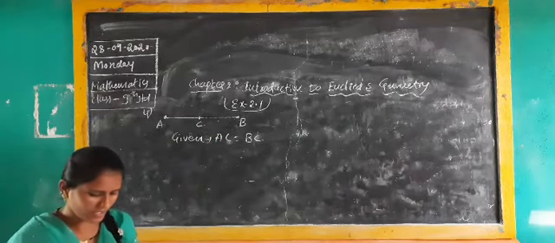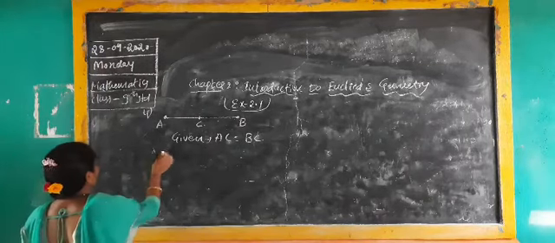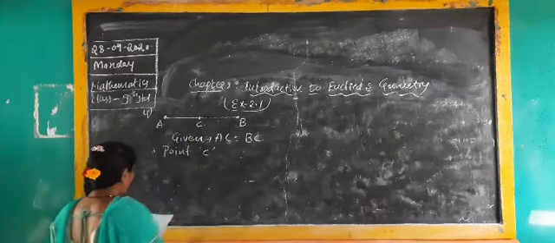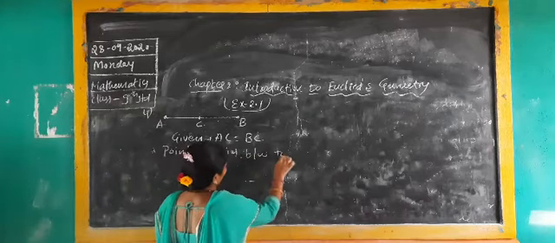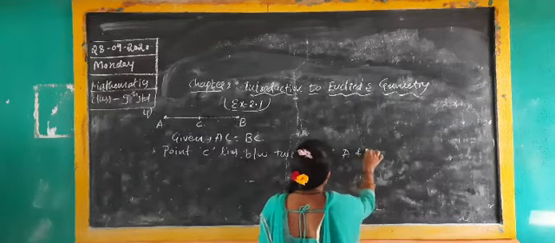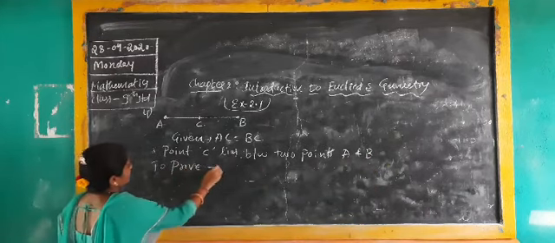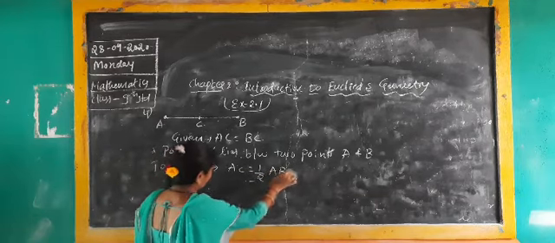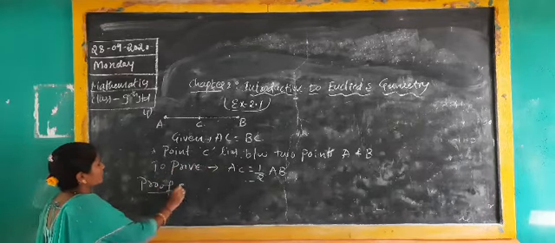Proof: what they are saying here, to prove AC is equal to 1 by 2 AB. And write down here what we did, point C. Here say C lies between A and B. Write down C lies between the two points A and B. Okay, to prove, what we have to prove is AC is equal to 1 by 2 into AB. Next line, prove.